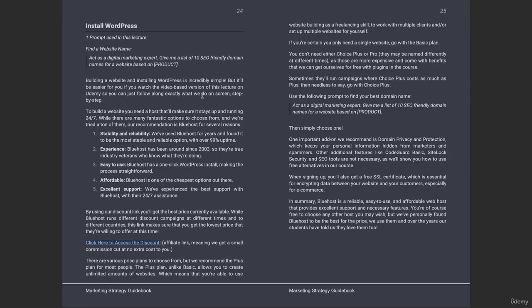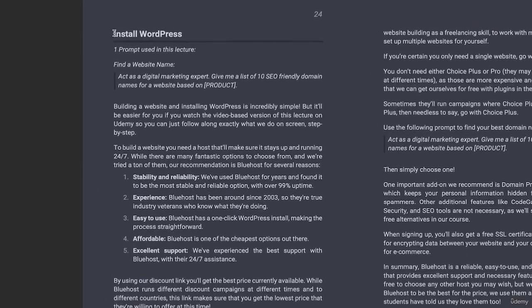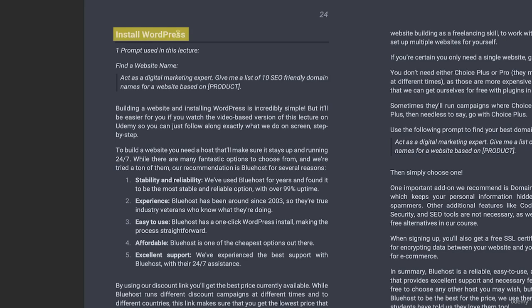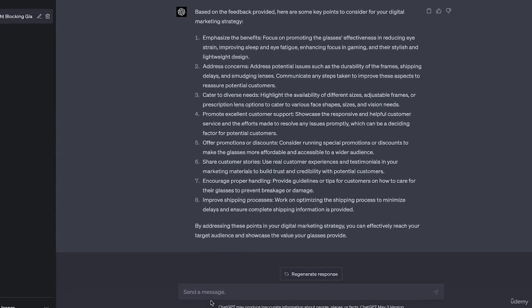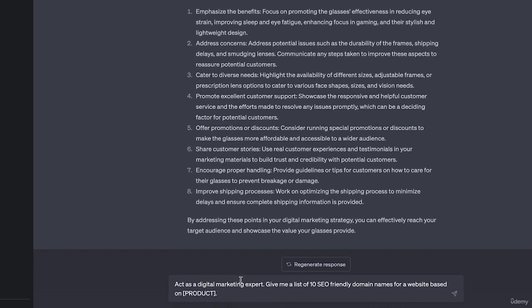So when it comes to finding out your own domain name, unless you know it already, we can go ahead and go to ChatGPT and get some great suggestions. So let's head back to our guidebook. Make sure that we are on the lecture called Install WordPress, and then we're going to grab the first prompt right up here. I'm going to copy it, go into ChatGPT and paste it in. Make sure you're using the same conversation as before, as we're gathering all of that important data for this entire